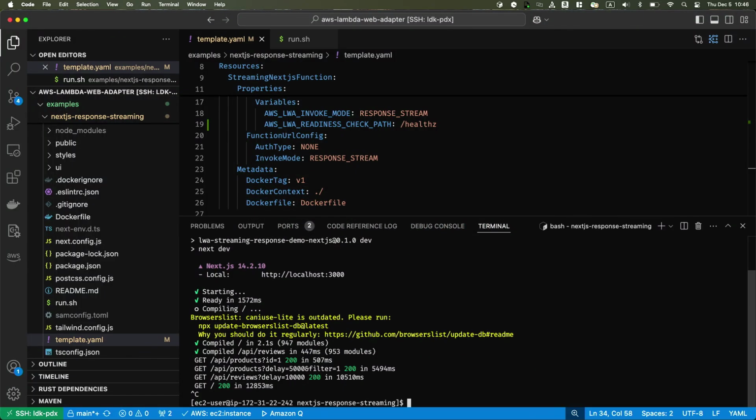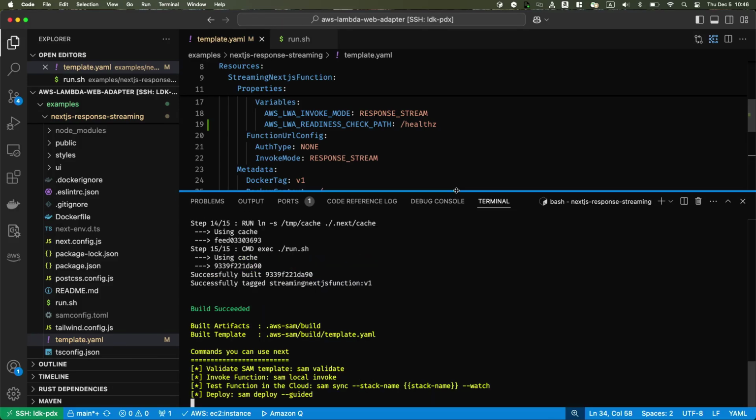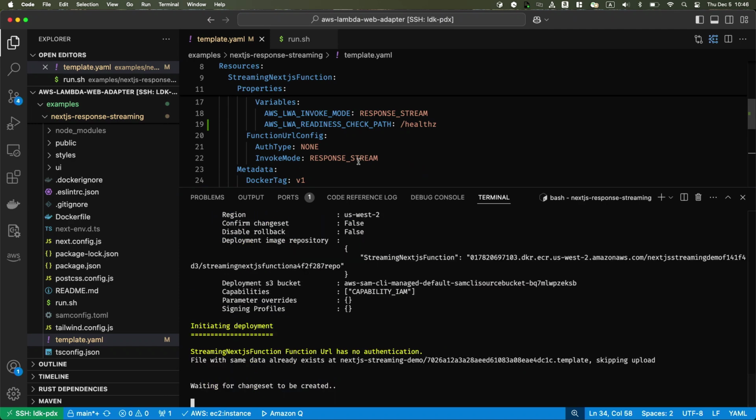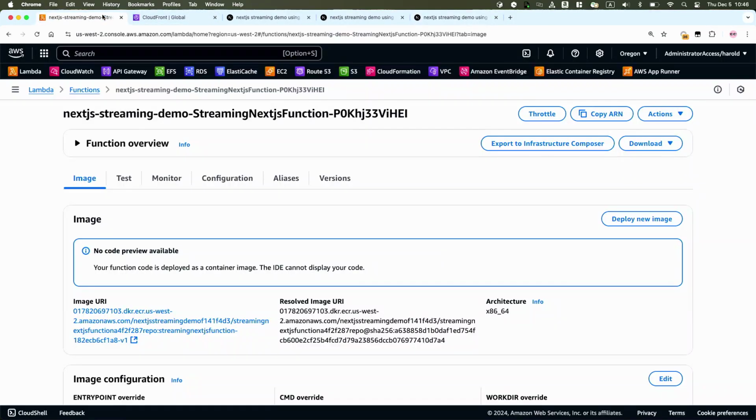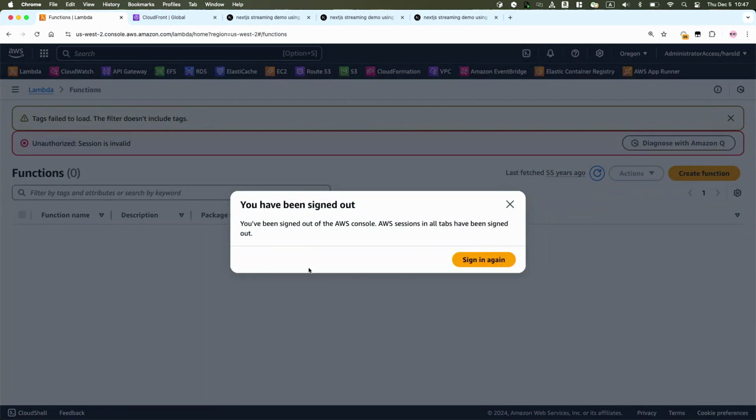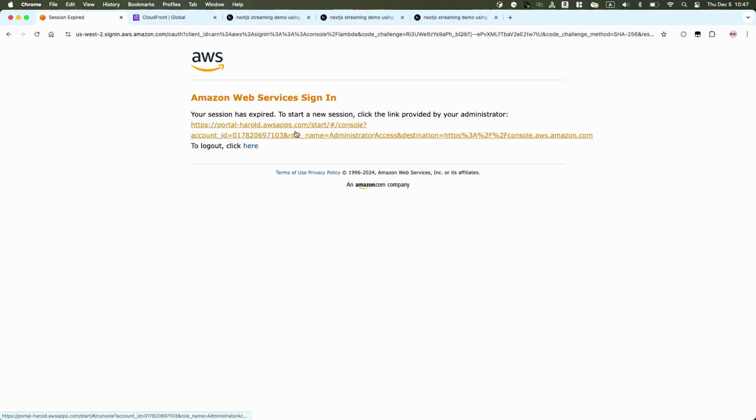We can run a command, use SAM build and SAM deploy, to build this function, create a Docker image, and push to an ECR repository, and it automatically creates a Lambda function for you. And it also will create a function URL configured for you. Because I already deployed it, this is already in the Lambda service. So if I go to the Lambda console,